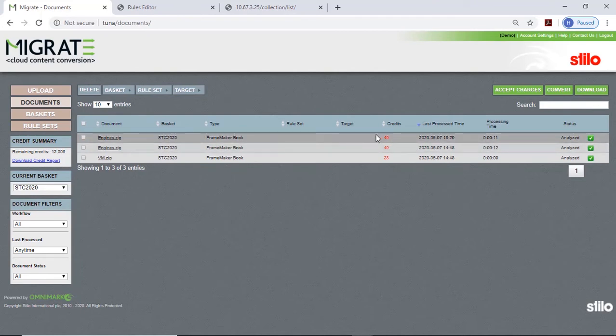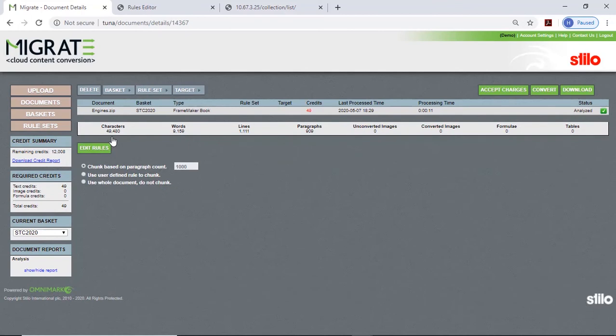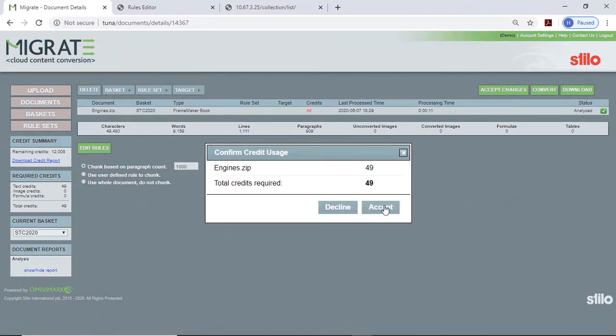The red 49 there is telling me how many of my prepaid credits it's going to cost me to convert this. So I'll just click on the file name, and I'll see that it's counted 49,480 text characters. That's where my 49 credits comes from. Some other statistics don't have any bearing on how much it's going to cost me. And I have no messages, so I'm going to say, okay, let's spend 49 credits, and we'll go ahead